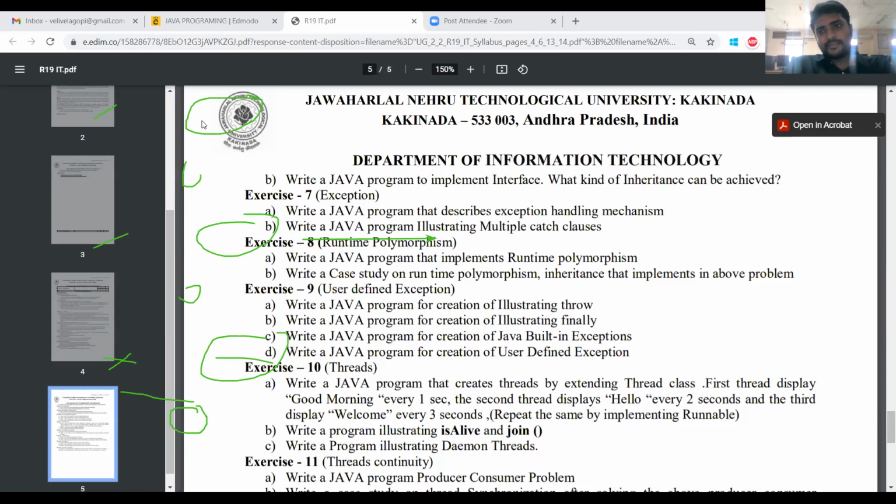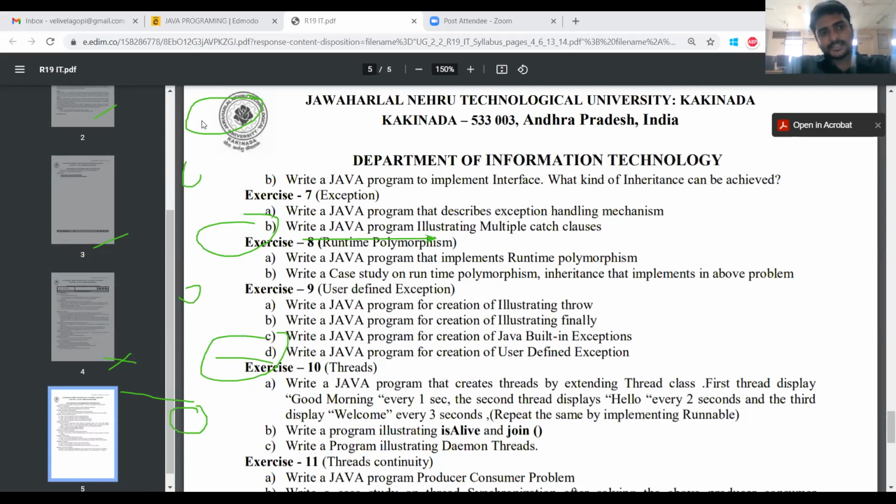Already we have seen the multi-level inheritance. Here all the 3 classes extend from the same superclass. All the 3 classes extend the properties from the same superclass. In multi-level, each class extends the properties from different classes.